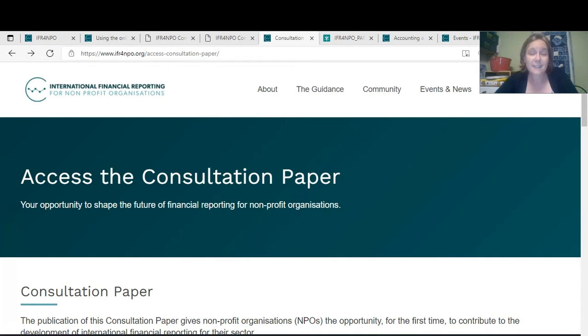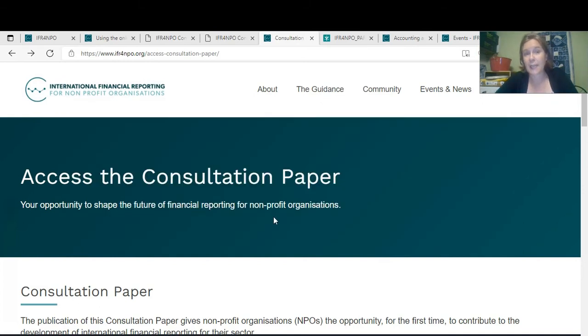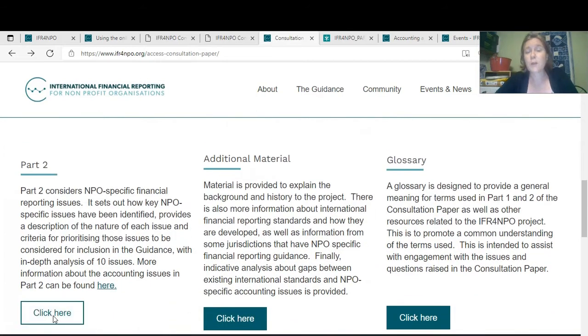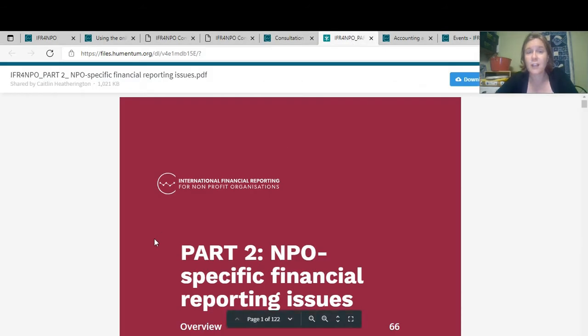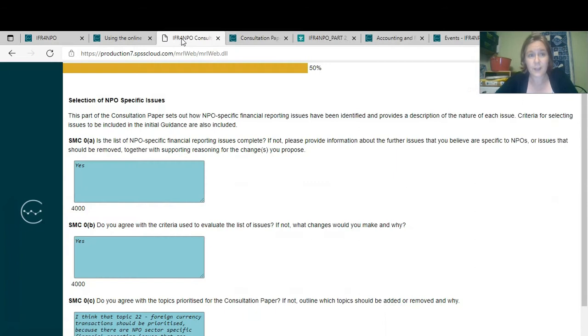The easiest way to access the consultation paper is via the guidance menu on the website. And if you click here, consultation paper, it will take you to this page. If you scroll down, you can click here, and this will open the part 2 of the consultation paper for you like this. So if we head back to the survey, we can see that the first question is